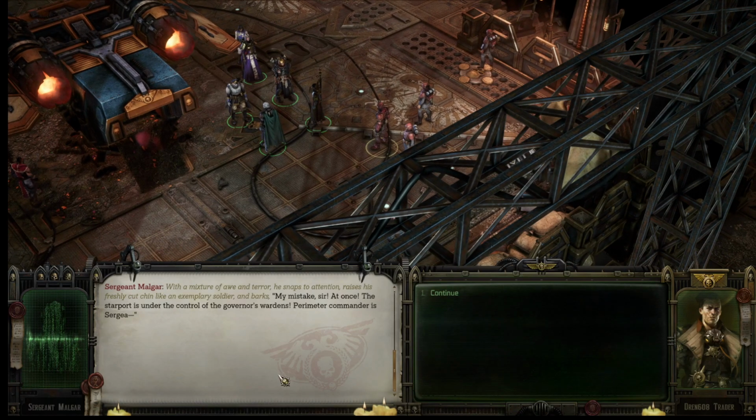Boom! Sergeant Major, with a Mr. Vaughn Terry, snaps to attention, raises his freshly cut chin like an exemplary soldier and barks. My mistake, sir, at once. The Starport is under the control of the governor's wardens. Perimeter commander is Sergeant...